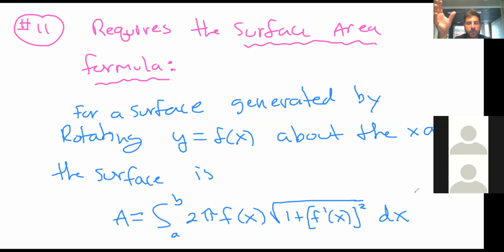Again, we could derive this by taking our surface, chopping it up, building Riemann sums, just like we've done numerous times already. But we're not going to do that because we've done it a few times. If you want to do that, you can do it yourself. What you need to be able to do is use this formula. So let's use it on a particular function, or at least I'll get you started. So for number 11,